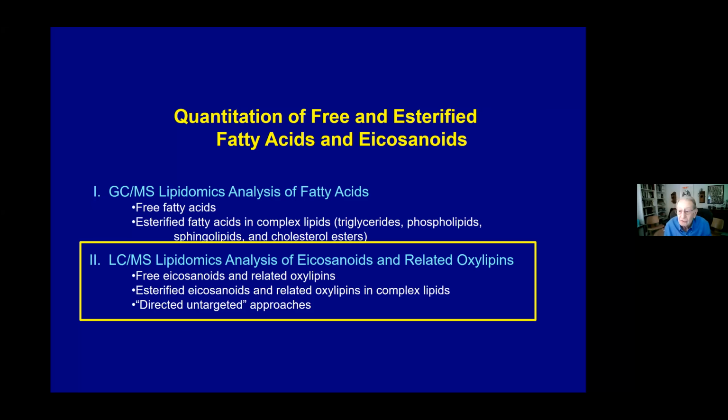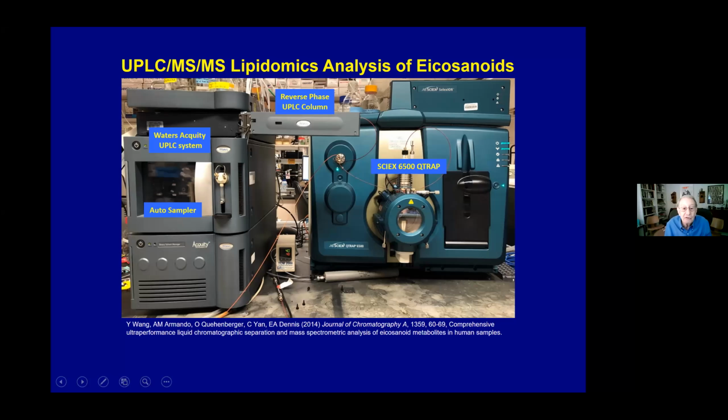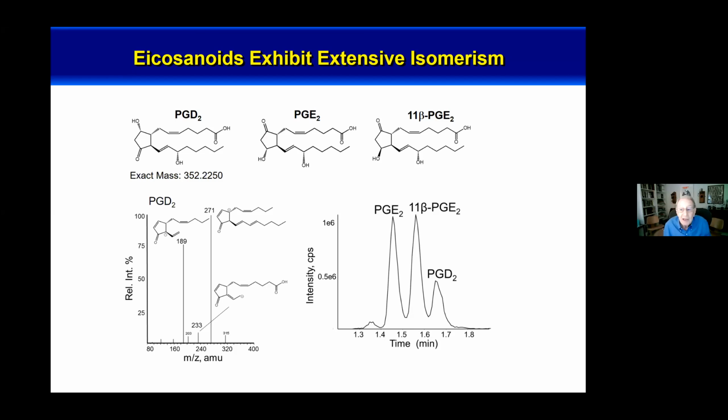Now let me turn to the more elaborate procedure that I want to describe today, and that is the eicosanoids and related oxylipids. So let me start with the instrumentation. We use a Waters Acquity UPLC system linked to a SCIEX 6500 QTRAP triple quad for this analysis, with reverse phase. Now, the first difficulty I want to point out about eicosanoids is that there are many isomers in them. Here are 3 of the major